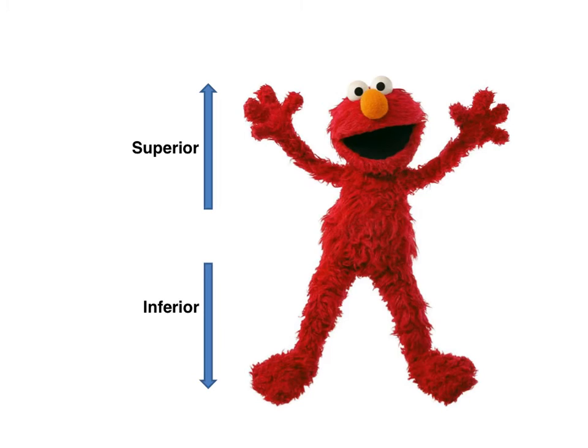There are three main axes of the body that you can use to describe where something is anatomically. We've already talked a little bit about superior and inferior. This is basically your vertical axis. In the upward direction is superior, in the downward direction is inferior. It's not meant to be a value judgment to say that something is superior or inferior if you're talking about its anatomical location. It just means above or below.